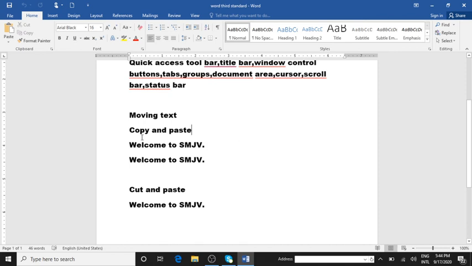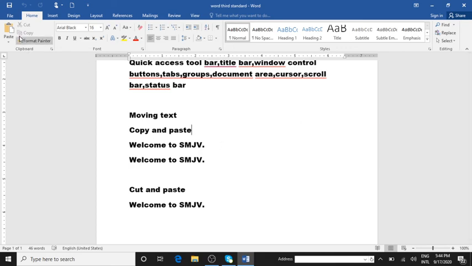Then moving text, you have two different options. You have copy and paste if you want a duplication of data, and you want to keep one more copy of your file or the original document, you can keep it, and the pasting option you can use. That's the copy and paste. The next one is cut and paste. Wherever you choose the text, only that portion is being cut and you can replace it somewhere else, but you will not be having a duplication of the data.